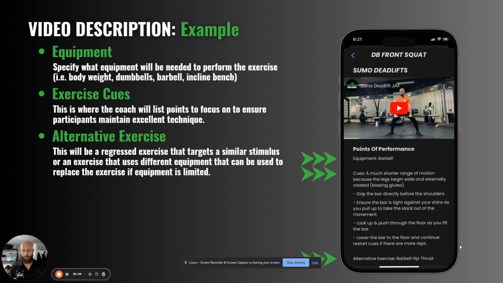Every single exercise that we put in has videos that are demonstrating the exercises. It is always us in the gym demonstrating them to make sure it's how we want it demonstrated. It's what we want you guys doing. And we always set out the points of performance like this so that you can understand what's going to be going on tomorrow.